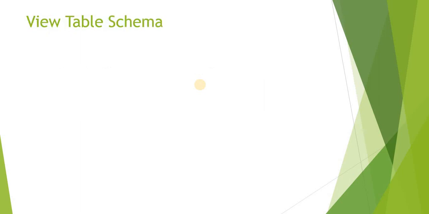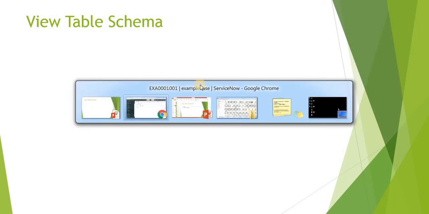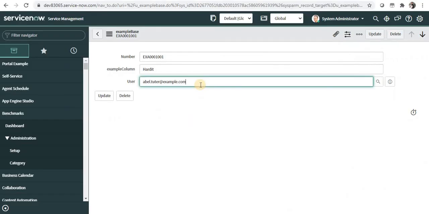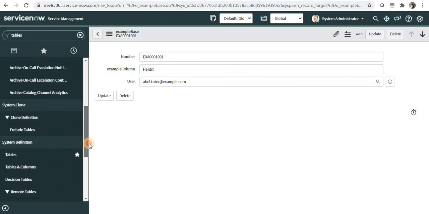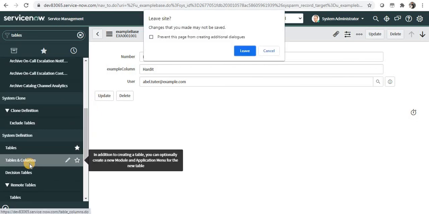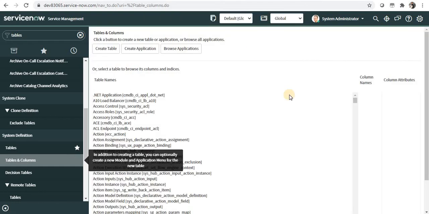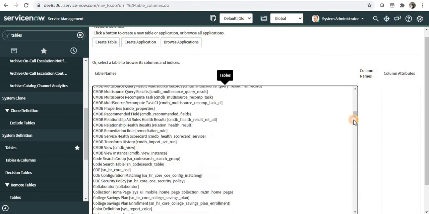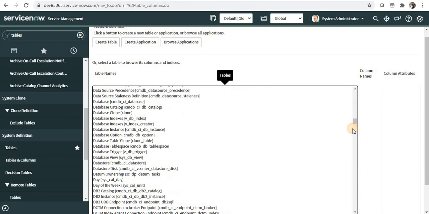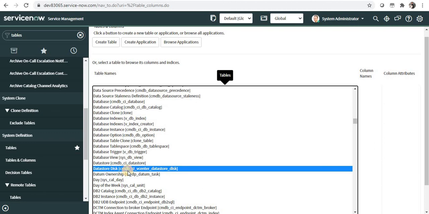The last one is how to view table schema. For that we will go to tables and then I will click on tables and columns, and you will be able to see the list of all tables which are in ServiceNow, and we will go to our particular table which we have created called example.